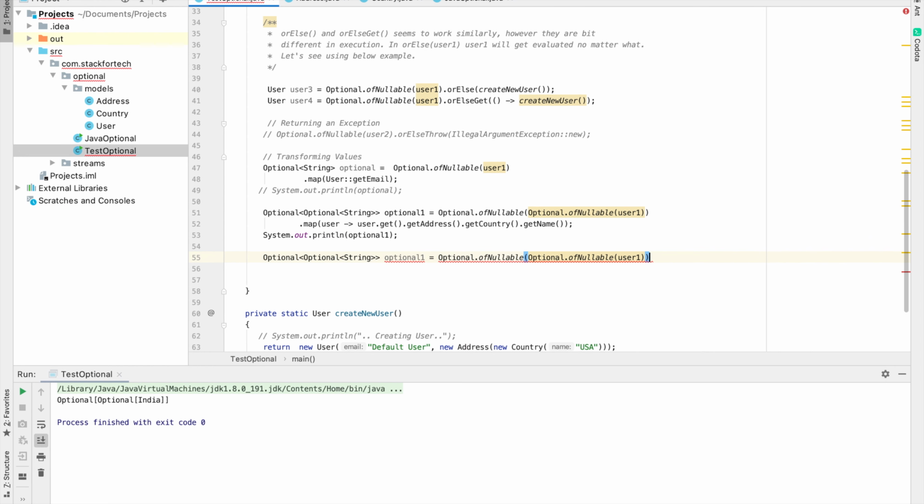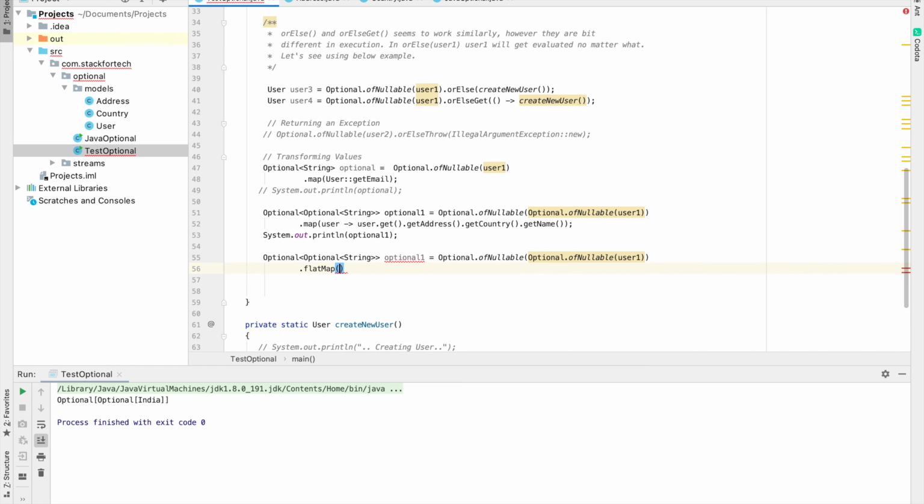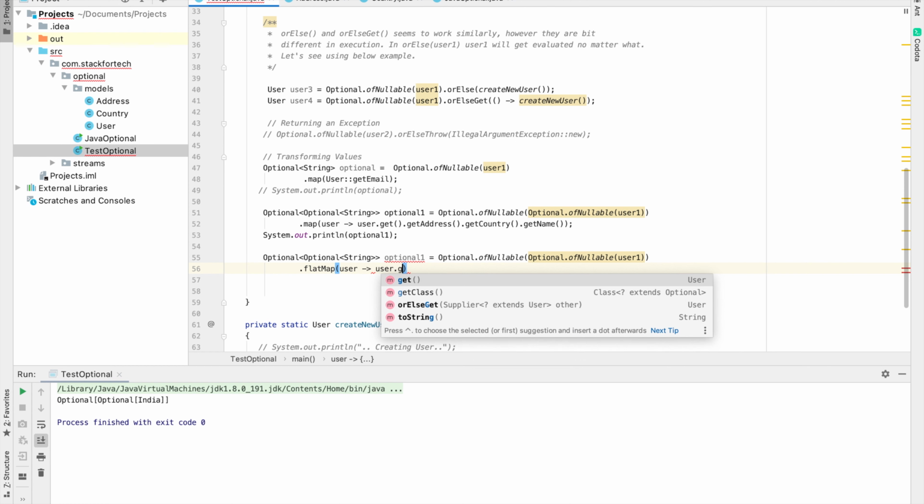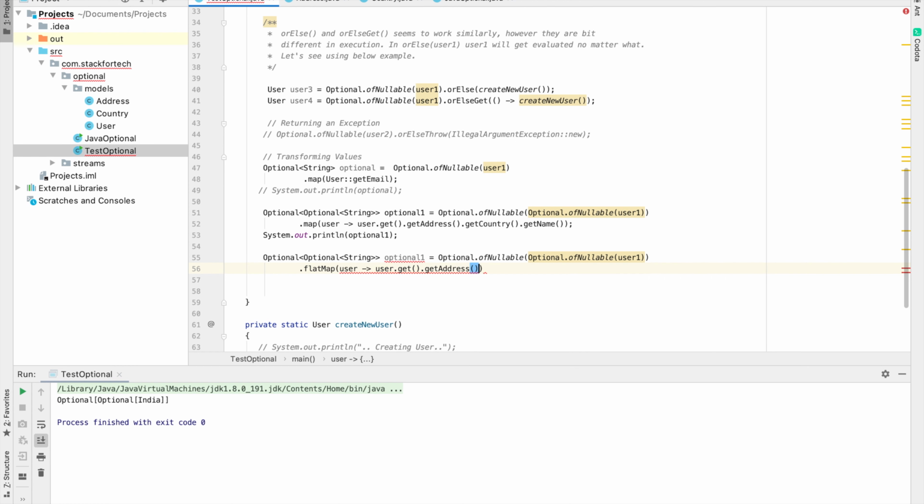So let me print that, and then if we use a flat map and then user dot get address dot get country dot get name.